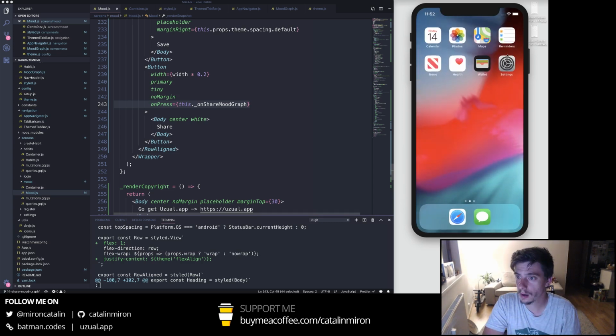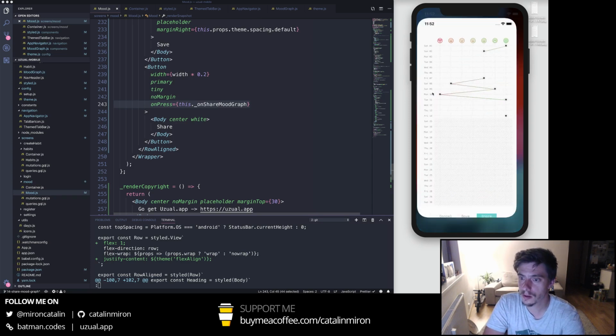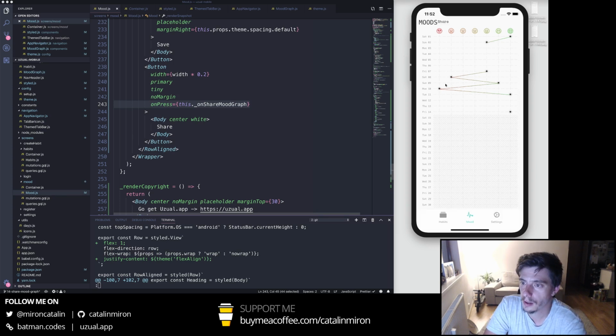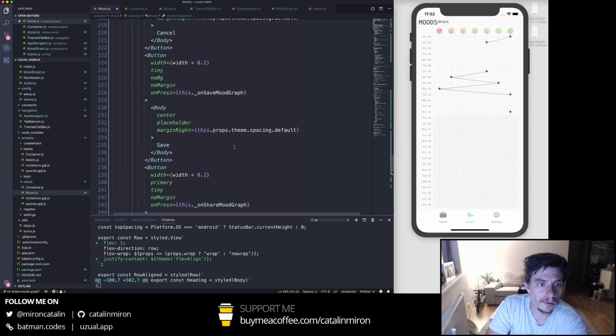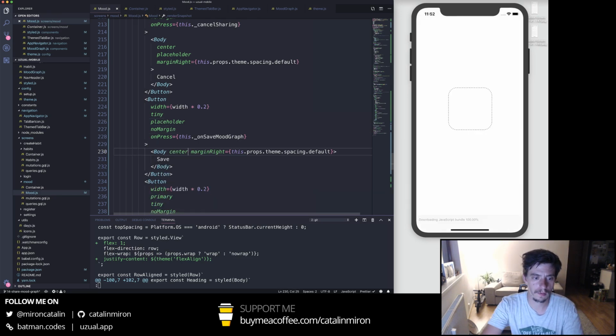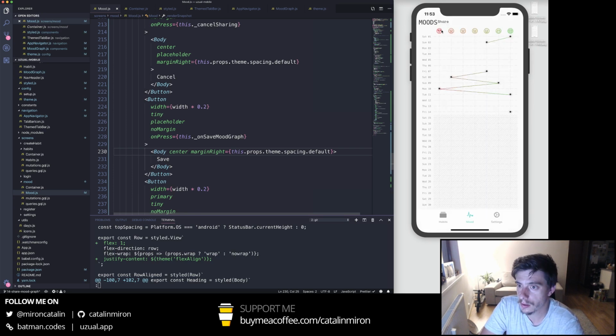But if I'm going now to expo and just cancel it, but I can also do, oh, this is actually nice, because instead of no BG I'll do placeholder. It's going to leave it as it is. So if I'm sharing it,